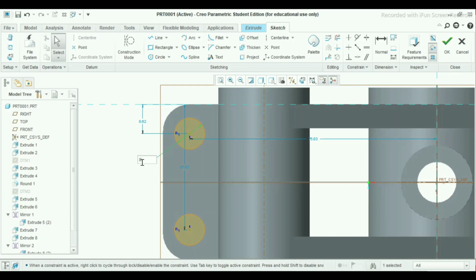Give it diameter as 8 mm and distance will be 10 mm. Again give normal, select normal, select this edge to this circle point, press your scroll button. No, it is not properly applied here, so delete this.